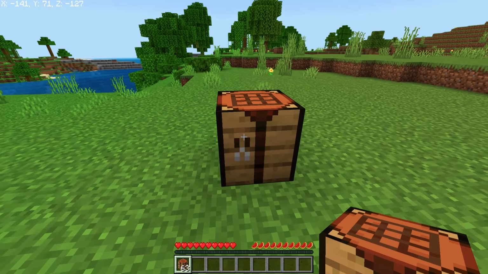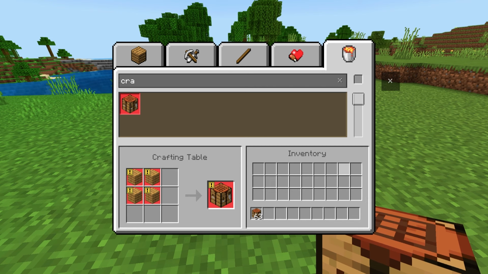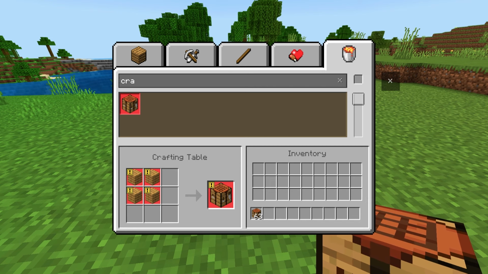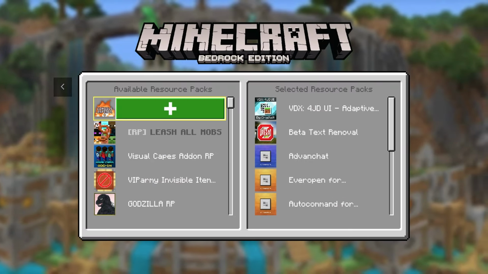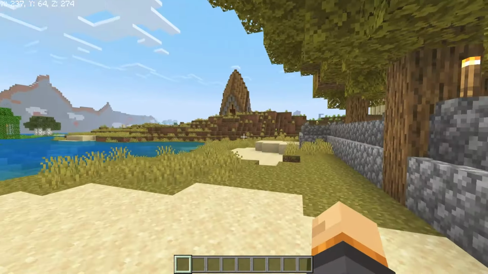But this also changes the crafting UIs. Now this looks almost like how it did on the console edition, which I really do love. And of course, if you decide to craft something, you can just click on the icon, then it shows you the recipe, but also shows you the inventory. And I also really like the miniature inventory. There's also an add-on called Console Aspects, made by Agent Mindstorm, which introduces a bunch of changes from